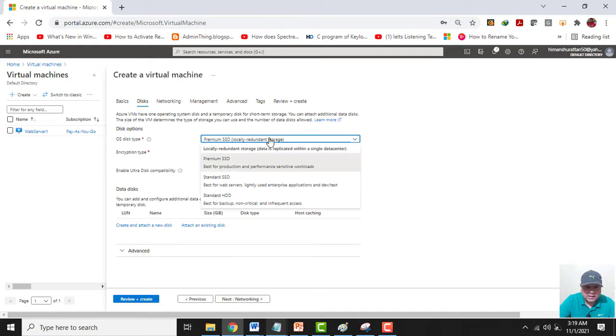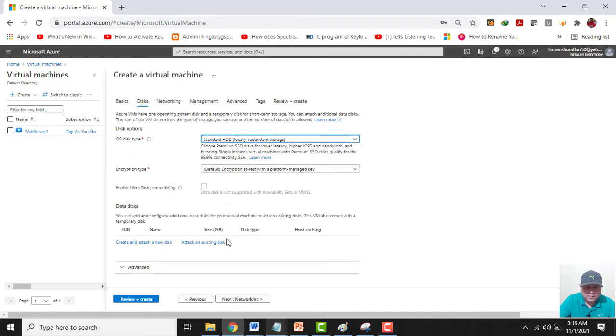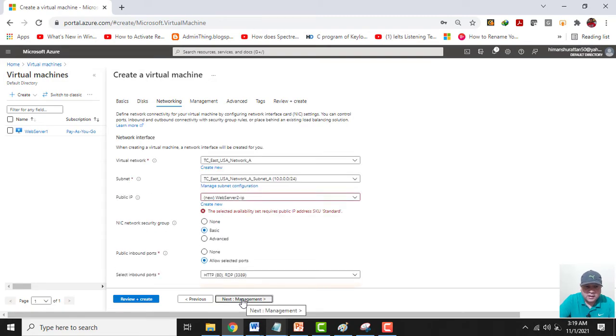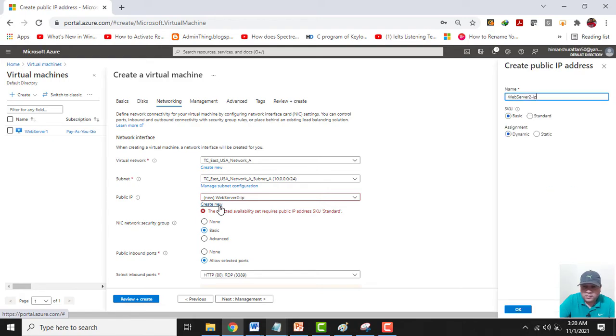Here I will select standard hard disk drive, click on next for the networking part. In the networking, it's fine, I will be using this network. This subnet is also fine, and I will click on create new. I will be using standard SKU.